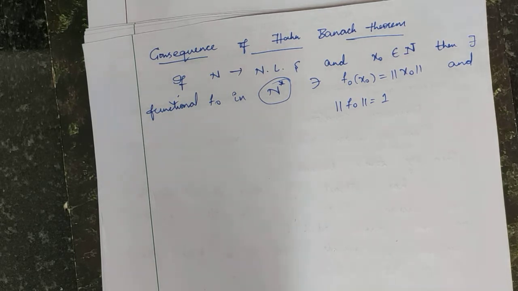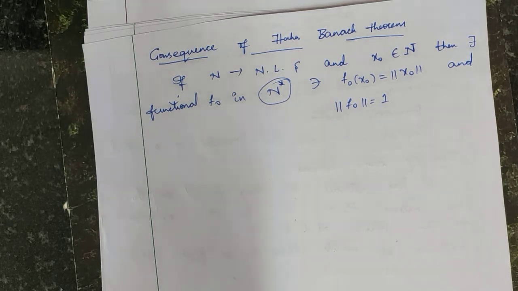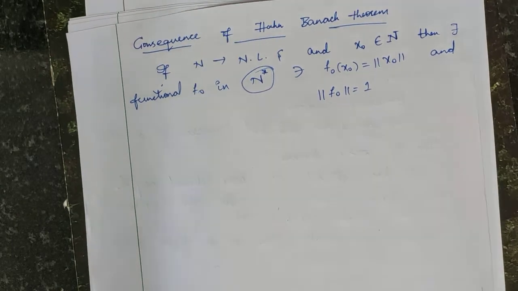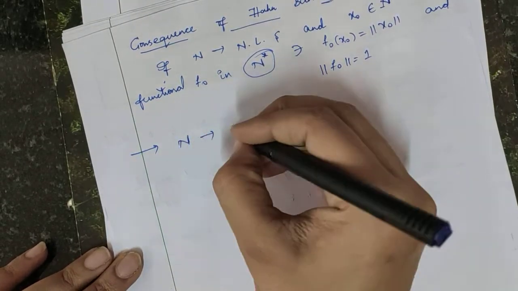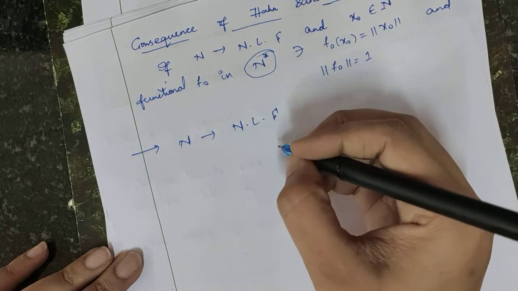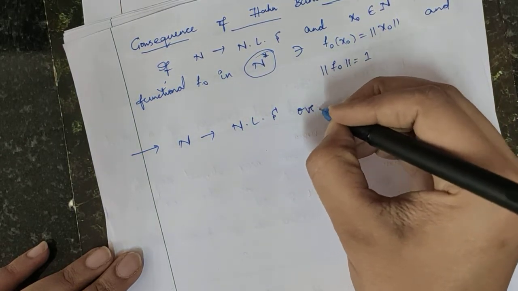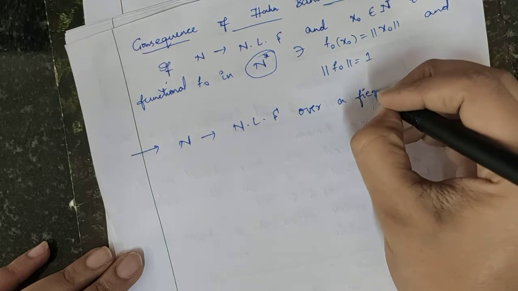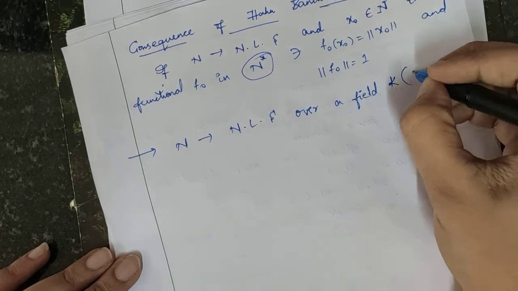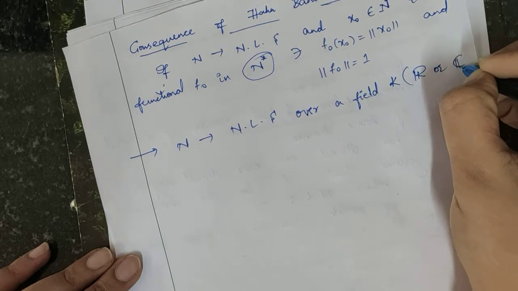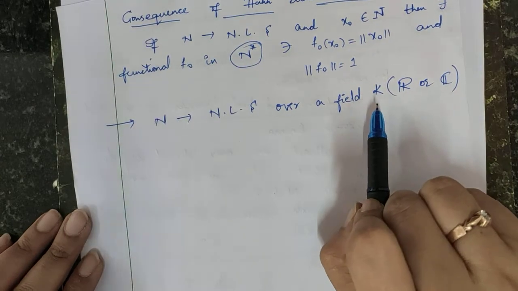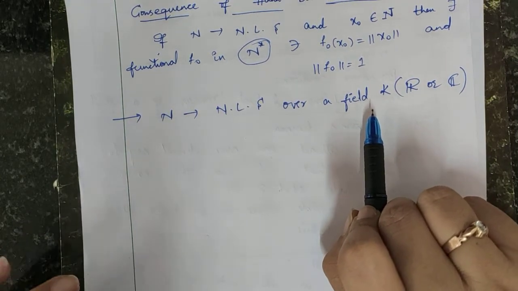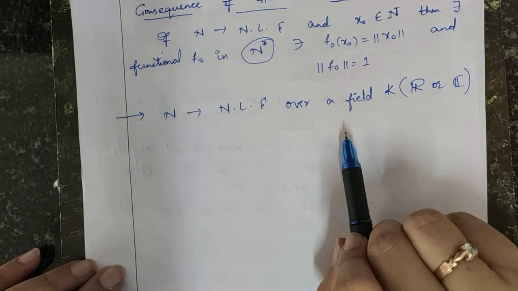So first, in order to prove f0 is a functional, let's prove that it preserves vector addition and scalar multiplication. Before that, I will consider the given data. We have N is a normed linear space. Obviously it will be over a field, and here the field may be real or complex, right? I can consider the field as a real linear space or a complex one. The scalars are coming from the real or the complex plane, right?